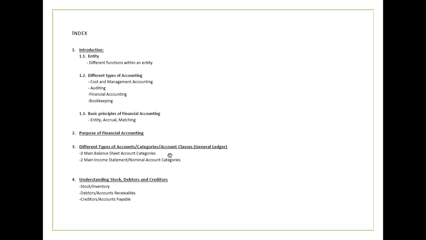We have, in our index, we cover the following things. It's entity. We talk about what is an entity and the purposes behind entity and how entities are formed. We look at the different types of accounting. We look at the purpose of accounting, different types of accounting. We're looking at stock, debtors, and creditors. For those that are actually doing it, understands the implications when you are doing things either in the debtors or